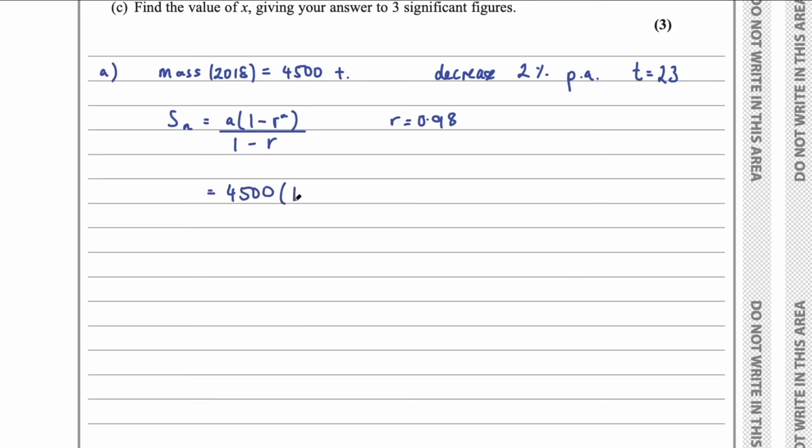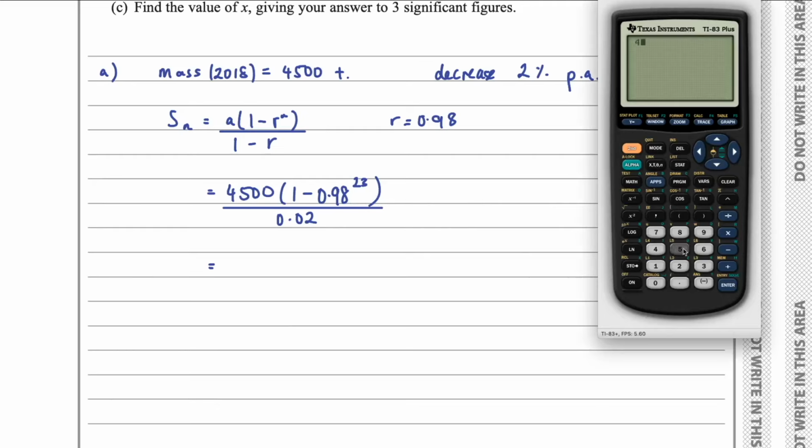So 4,500 multiplied by 1 take R to the power n, so 0.98 to the power of 23, divided by 1 take R, well 1 take 0.98 would be 0.02. Then essentially we're just plugging this into a calculator. So 4,500 multiplied by 1 take 0.98 to the power of 23, and then divide that by 0.02, and we get